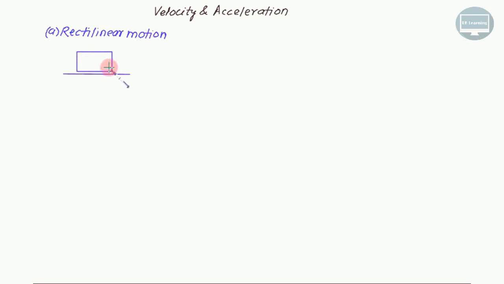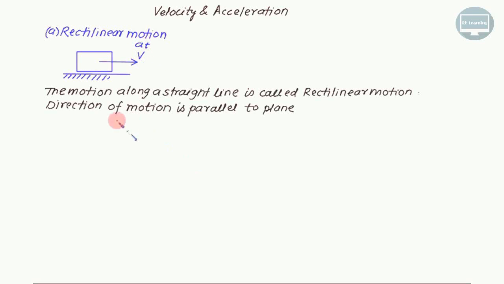So we have a block here resting on this surface. This type of motion is called rectilinear motion. The velocity will be equal to v and it has only one acceleration, that is called tangential acceleration. So rectilinear motion is defined as the motion along a straight line, and the direction of motion is parallel to